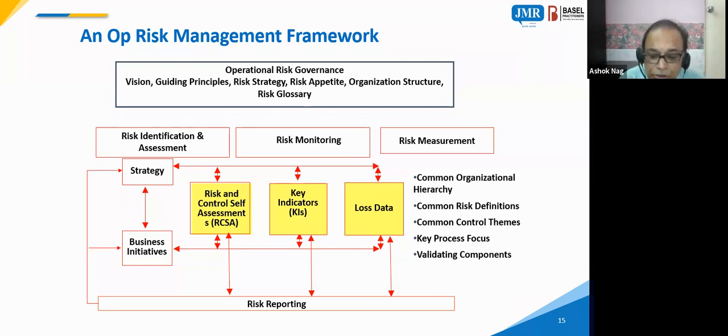Loss data is, of course, something that has already happened. If it has already happened, I want to investigate. I want to find out what went wrong. Then I would like to know that if this kind of loss is likely to happen, how much capital I have to keep for it. And that has been given in the guidelines by the regulator. So loss data is basically to understand what has happened. Can I investigate that, find out the source of my operational risk causes and what can be done? Apart from that, this is required for your capital computation.